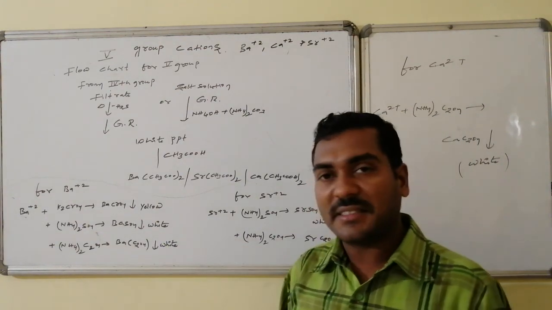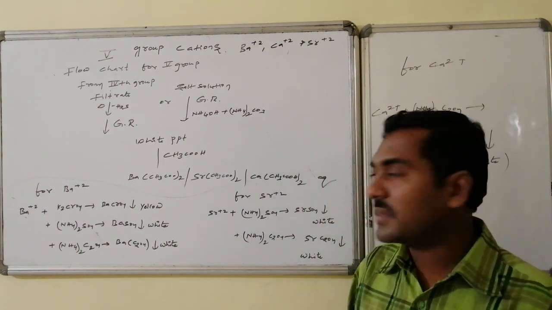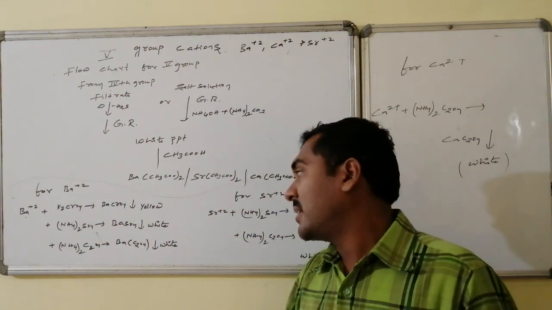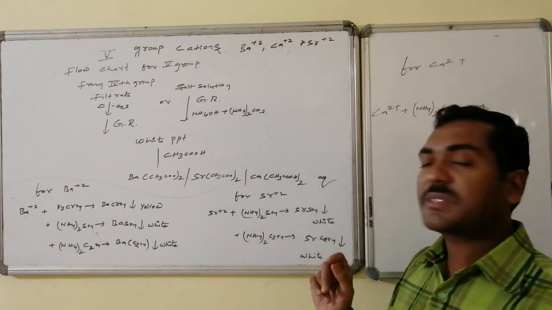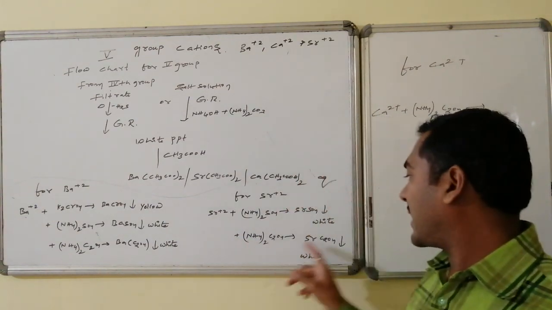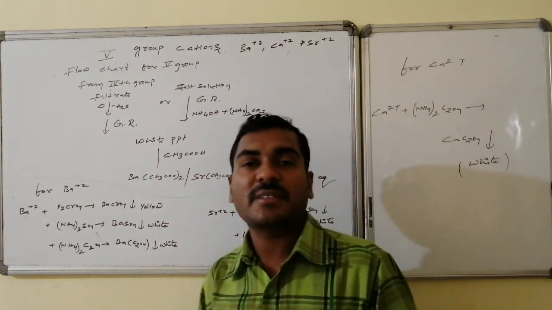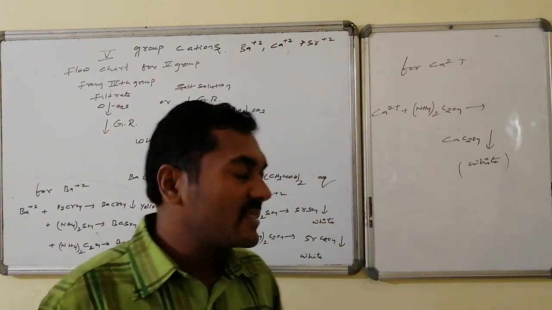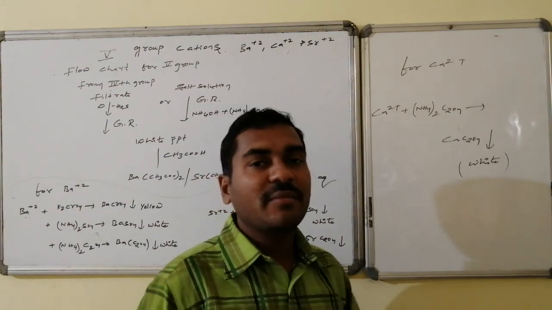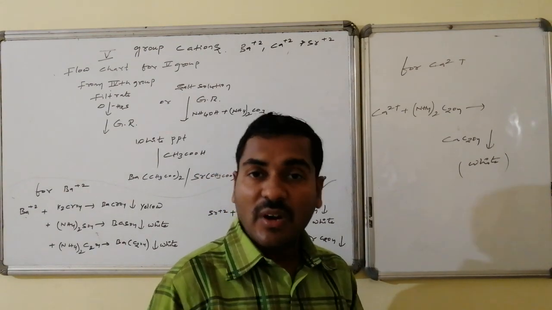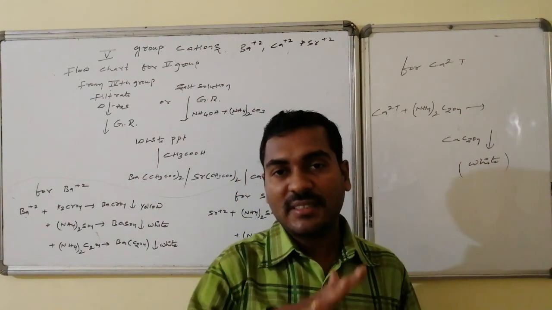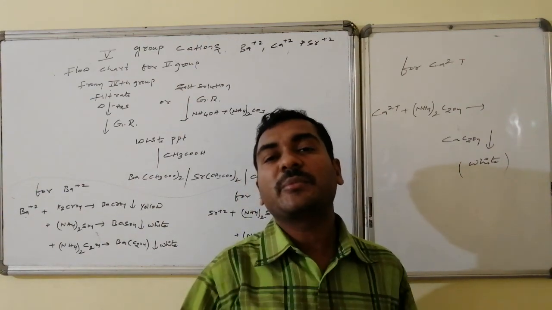It reacts with three reagents. Let us go for strontium. Strontium doesn't combine with the first, with the remaining two it combines. On reaction with ammonium sulfate, forms strontium sulfate, white. On reaction with ammonium oxalate, strontium oxalate, white color PPT formation takes place. Whereas calcium just combines with the ammonium oxalate and forms calcium oxalate, which is a white color precipitate, confirms the presence of all the three, like barium 2+, strontium 2+, calcium 2+.